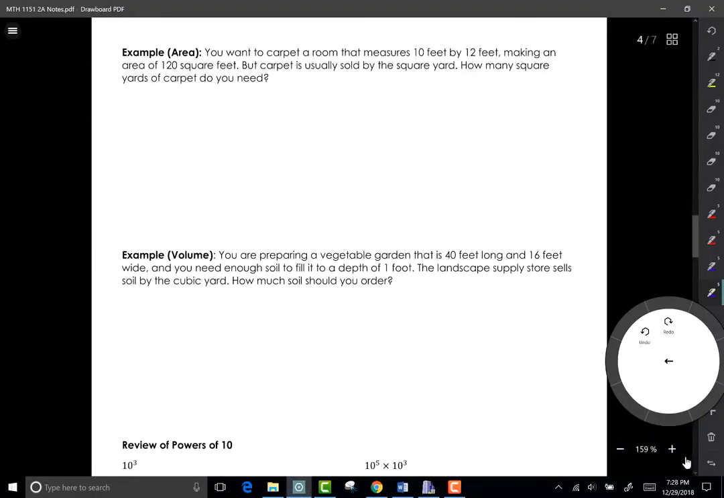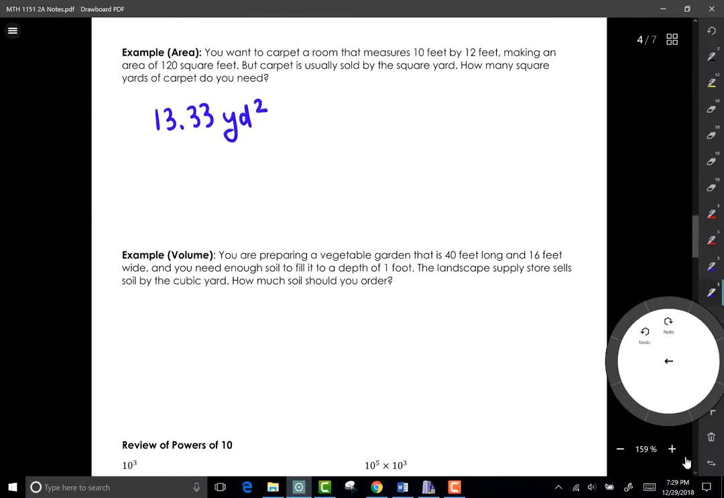Okay, for the next 2 examples, I'm going to let you try those yourself. But I am going to tell you what the answer is so you can check your answer. Okay, for this example here about the carpeting a room, you want to figure out how many square yards of carpet you need. The answer is 13.33